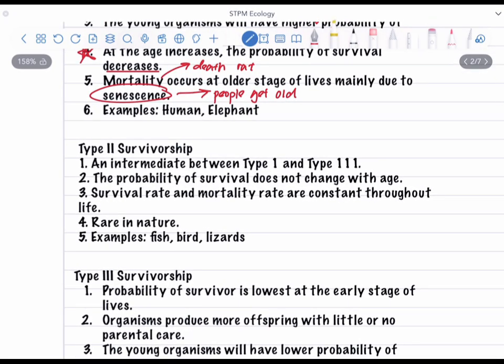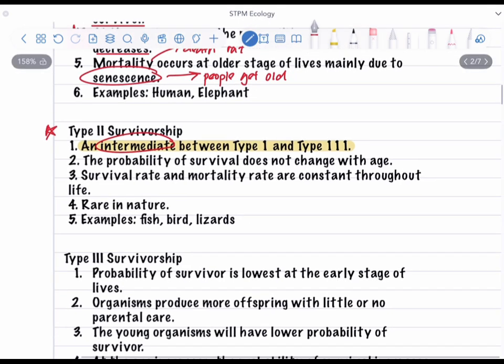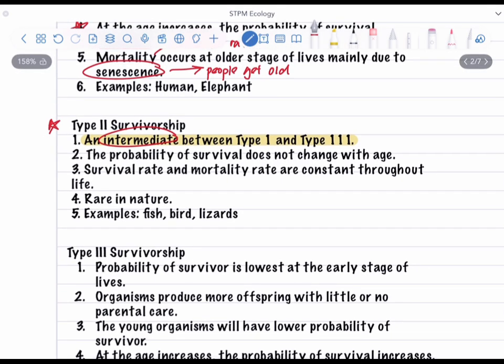You need to know that it is the intermediate between type 1 and type 3. It's just in the middle of type 1 and type 3. And this is quite interesting because the probability of survival does not change with age. So it has nothing to do with age. It means that at all stages of your life, whether you are young, then you become an adult, and lastly go to older,